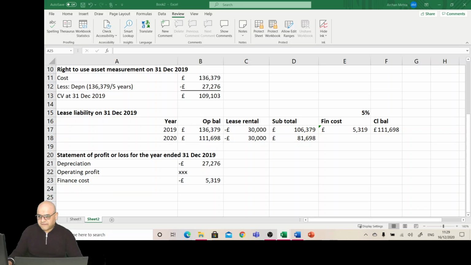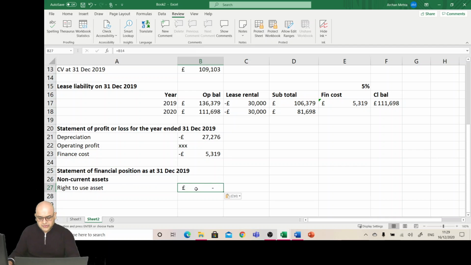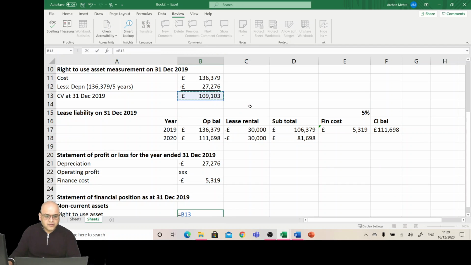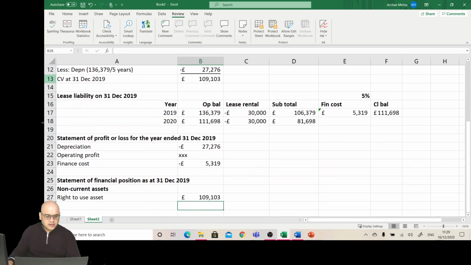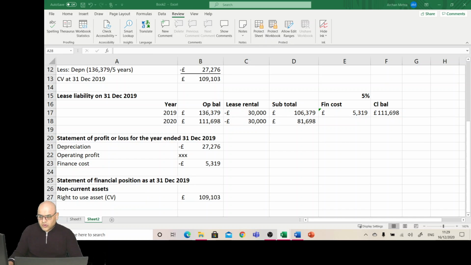Then statement of financial position, right to use asset, carrying value, which we worked out in working one. Okay, this is the carrying value, so let's put in the brackets CV. Then non-current liability for the lease,